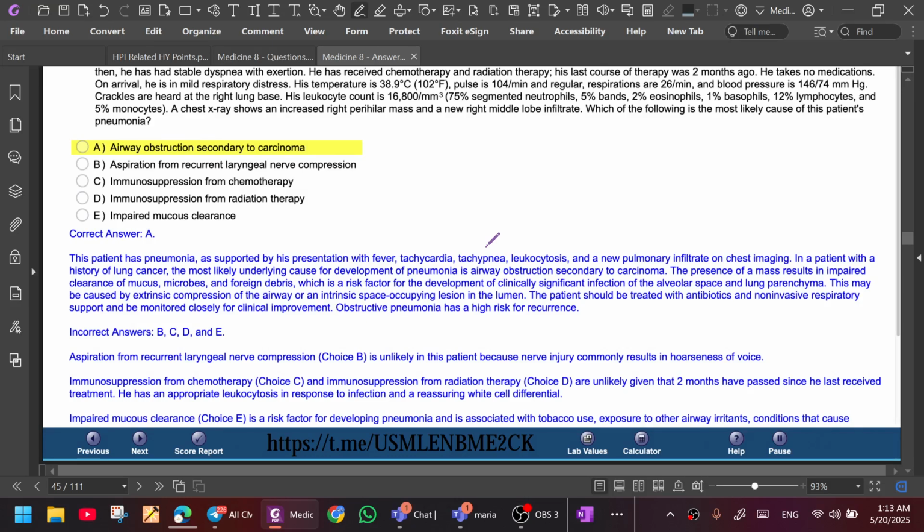It's not B because aspiration from recurrent laryngeal nerve compression is unlikely in this patient because nerve injury commonly results in hoarseness. Oh, okay. And it's not E because,